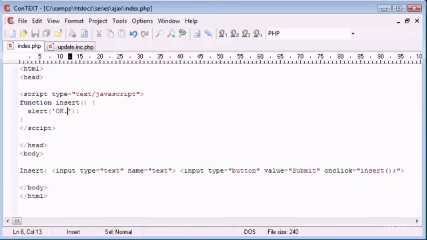Now let's try and access this value here, this text value here. So I'm going to say we'll just create